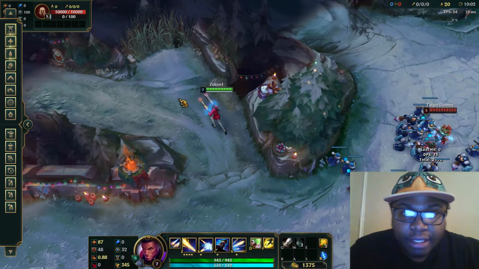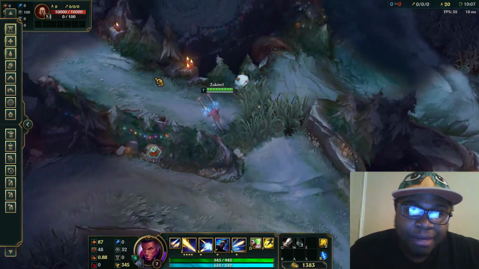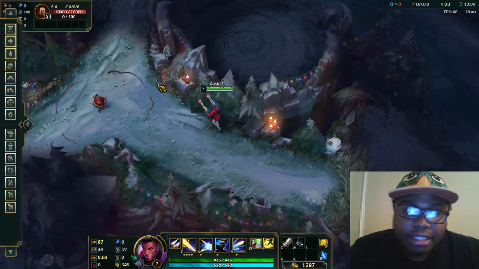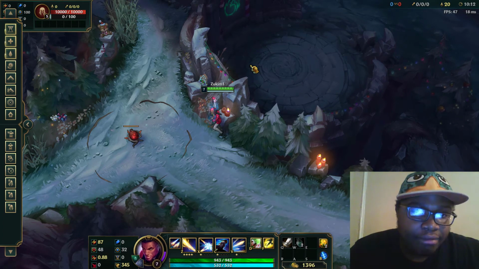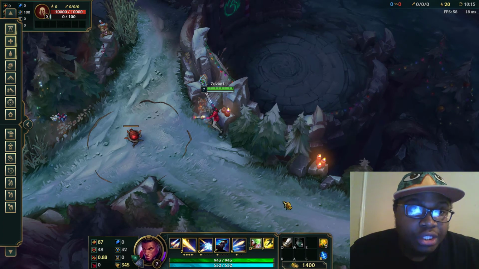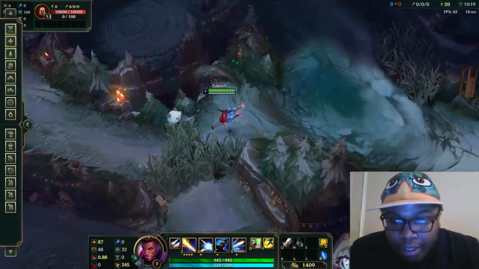Now, outside of the laning phase is where Lucian does not tend to shine that much, because he doesn't have the range that a Twitch or a Caitlyn or a Jinx have. You can siege really well because you can proc your passive on